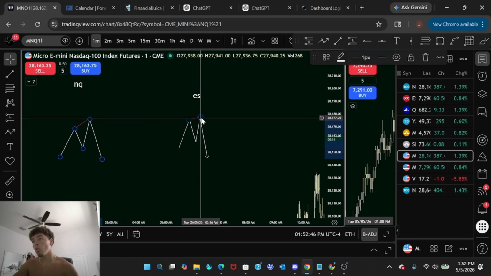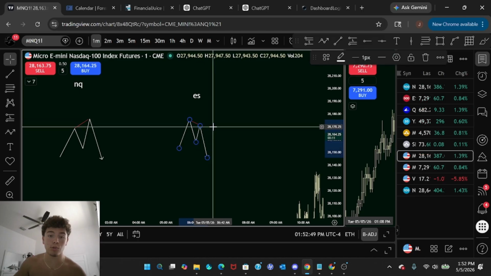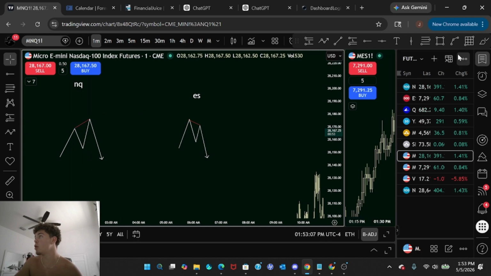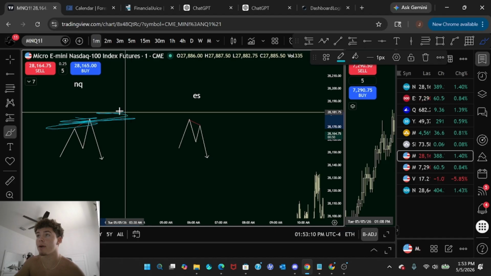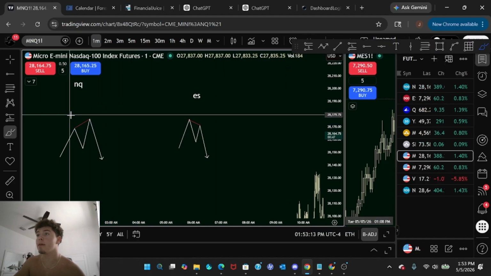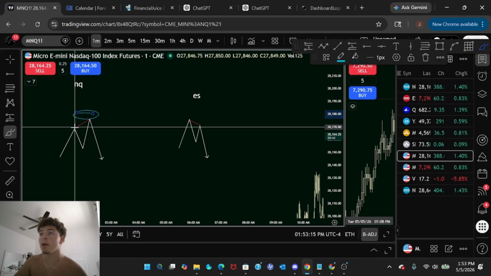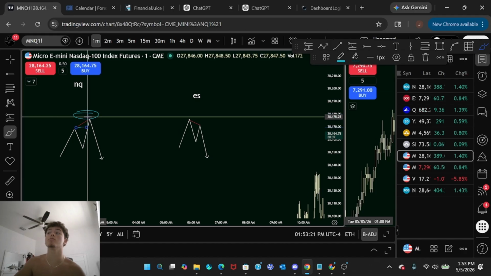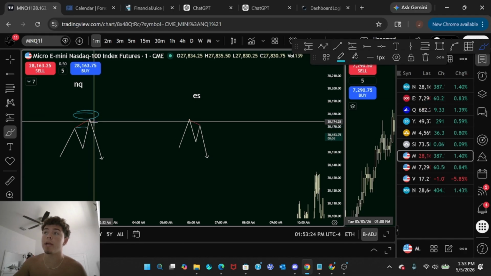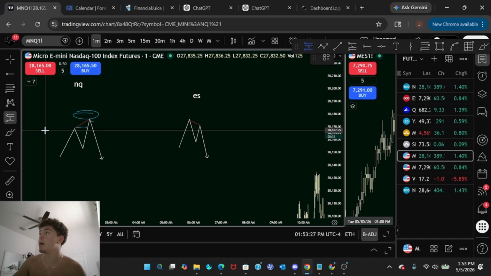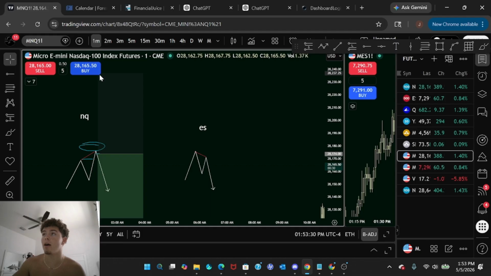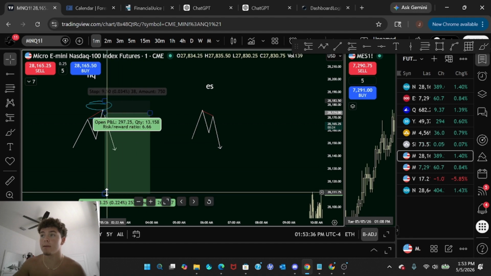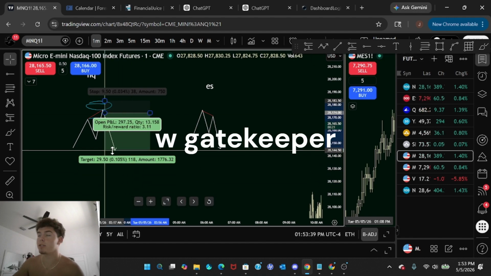So with SMTs, how can I use them? Let's say we have a bunch of sellers right here waiting. We just took liquidity. We took out all those sell orders that were waiting to get filled. And then boom, we enter our shorts right here. Obviously, this is very broad, but I wouldn't want to show any of the strategies that I use because I don't want to leak it. That's very confidential to my